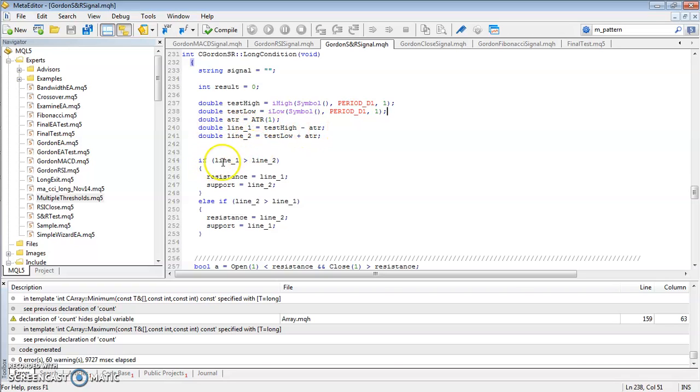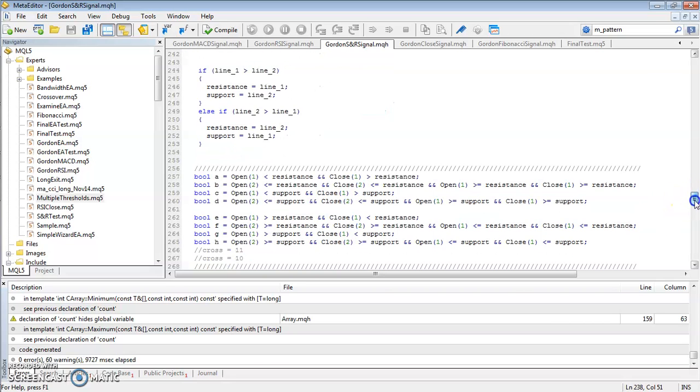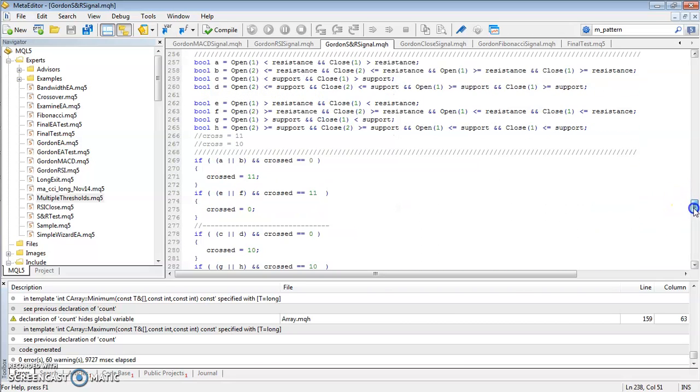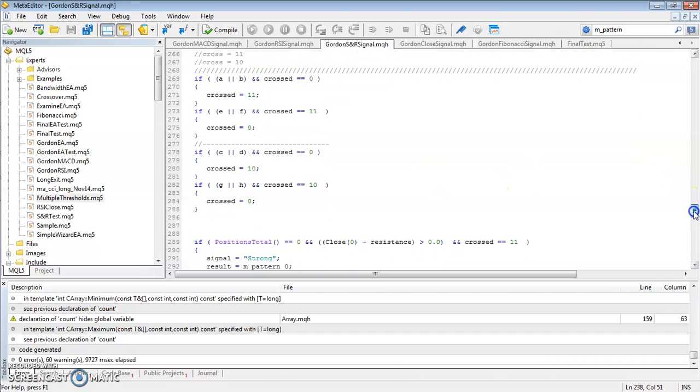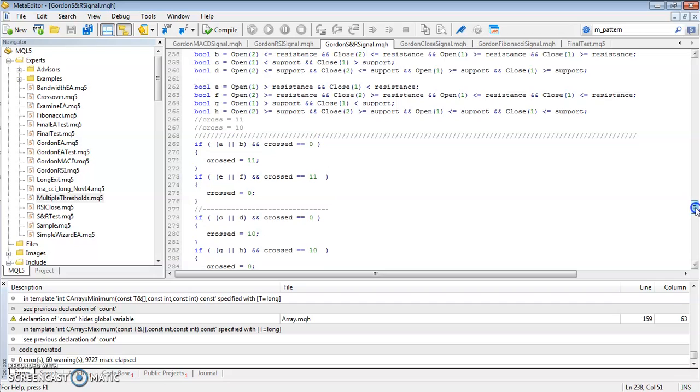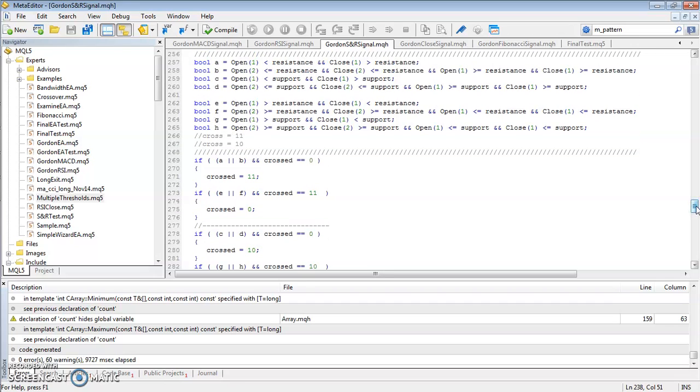If line 1 is greater than line 2, then line 1 is the resistance and line 2 is the support. Otherwise, line 2 would be the resistance and line 1 would be the support. Based on those values, like the Fibonacci lines, here is the logic: when the trend crosses the resistance line from below up, it will indicate that